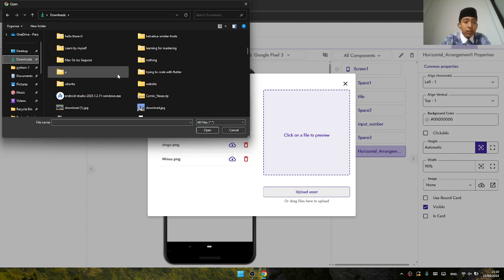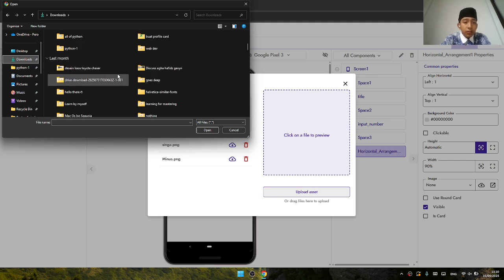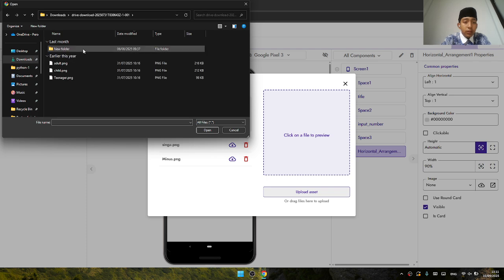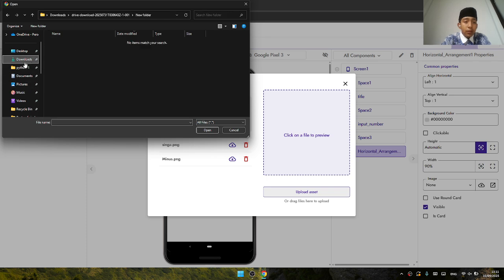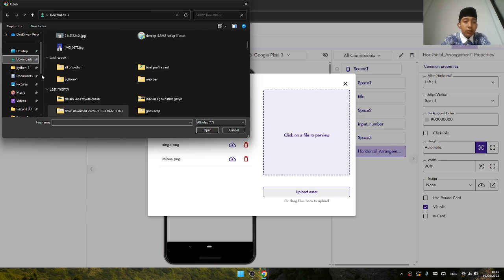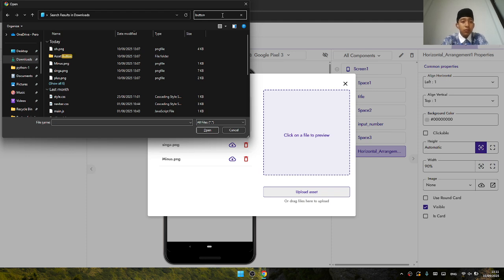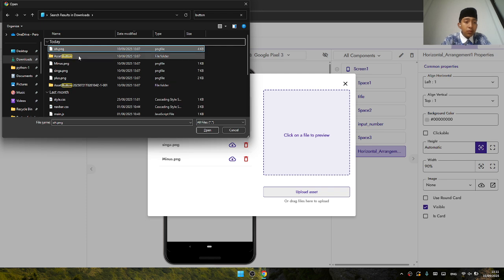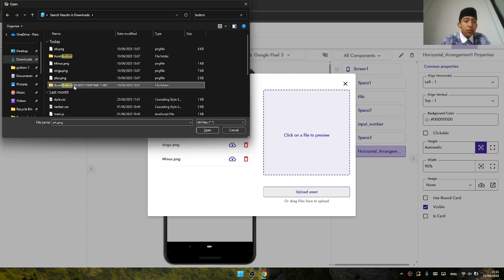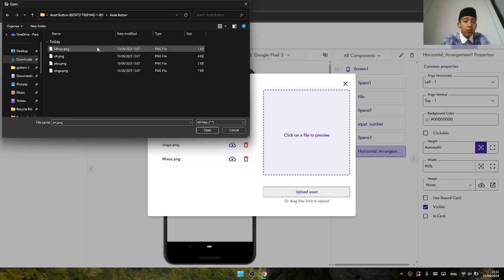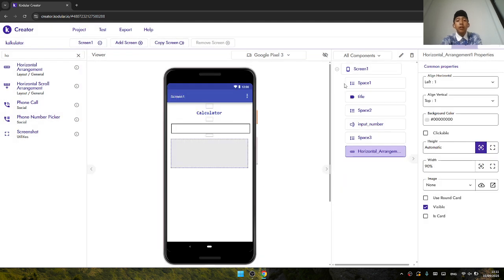Is it gone? This one? This one maybe? Oh, there's no. This one, button. I think yes, we will make a calculator as usual, yeah.